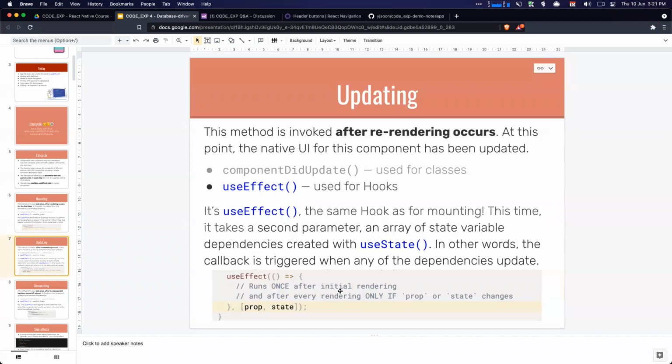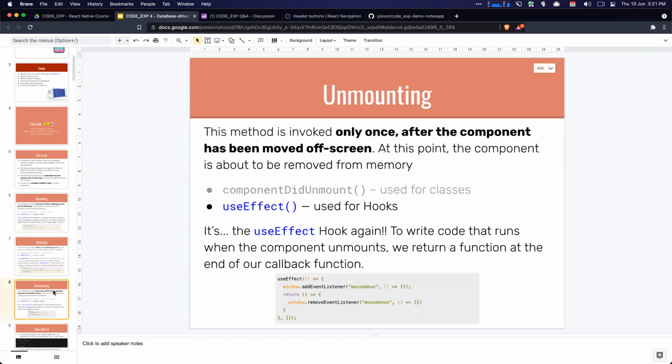Or you can make it dependent on some internal variable, prop or state. So you might say, well, I want to monitor this particular state variable. Only if this state variable changes, then I'll fire off a network call. That's an example of useEffect updating. Finally,